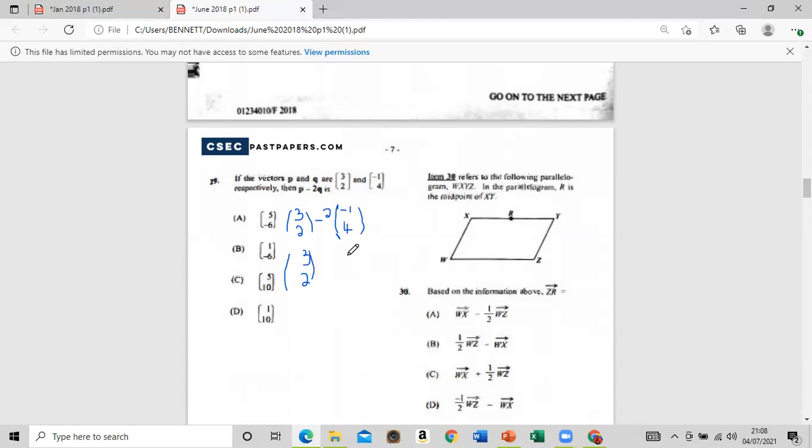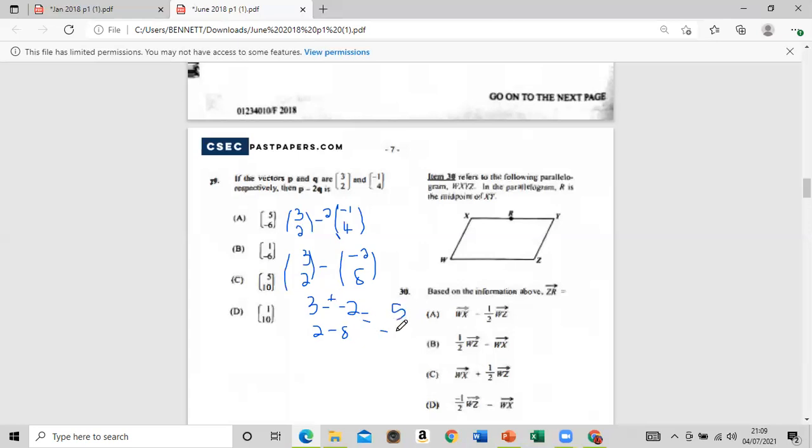Alright, so 2 times 1, that's negative 2. 2 times 4 is 8. I'll put the minus in the middle, alright? So 3 minus negative 2. Some people now see it, so I'm just writing it out, alright, guys? And then 2 minus 8. This is going to become plus, right? So this will give you 5